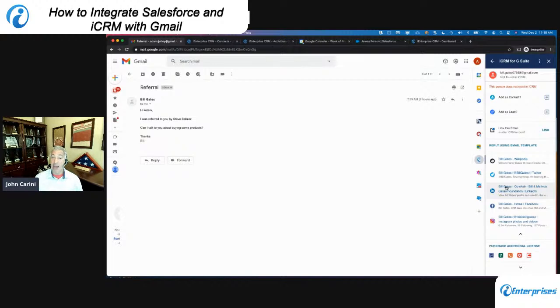I can click on that and it'll actually take me out to LinkedIn. I can take a look at what Bill's up to with the Gates Foundation out on LinkedIn. But now this is obviously a good lead for me, so I'm going to add Bill as a lead. And if I click this little plus sign to add it as a lead, you'll see that it pops up